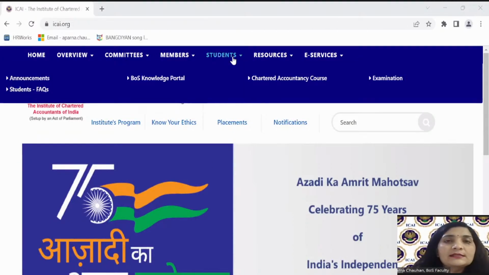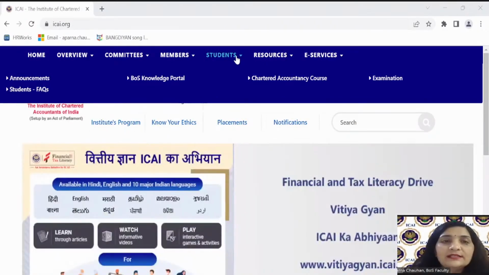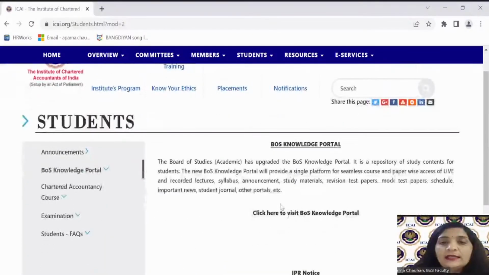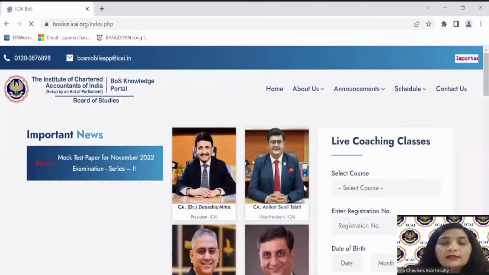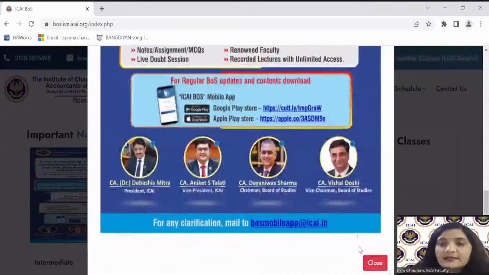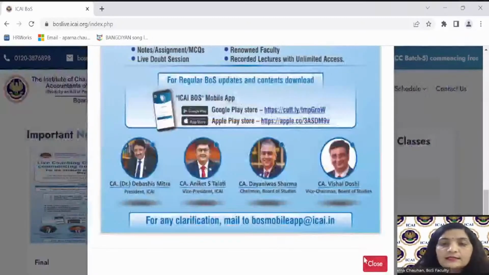Here you see, this is the website. Is it visible? So here is the website. You go to the student section. When you go to the student section, there is a BOS knowledge portal. In this BOS knowledge portal, click here to visit the BOS knowledge portal to see the relevant things for you. Right? So here is the announcement relating to your LBC classes. Now next is